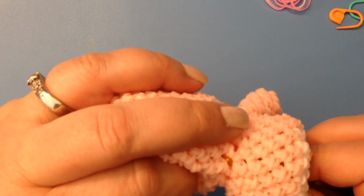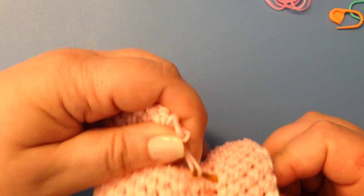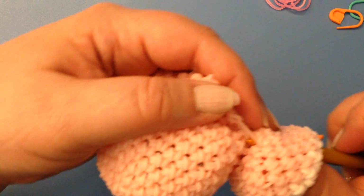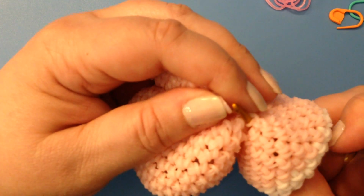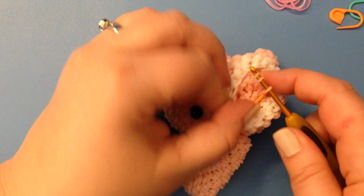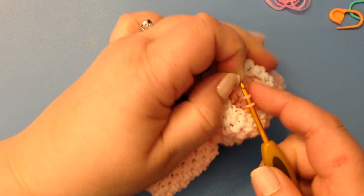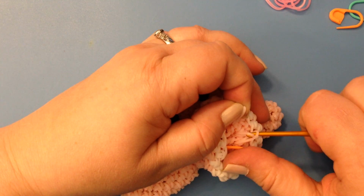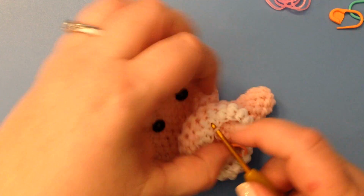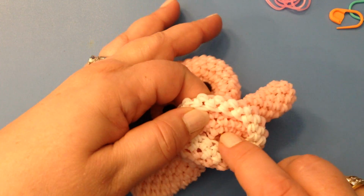So I'm going to go into what I think is the third and pull my first band through, then go into the second, pull the second band through and go into the first and pull the third band through. And then I have to take the third band off my hook, loop 1 and 2 together, put the third band back on, loop 2 and 3 together, and then I'm just going to go through